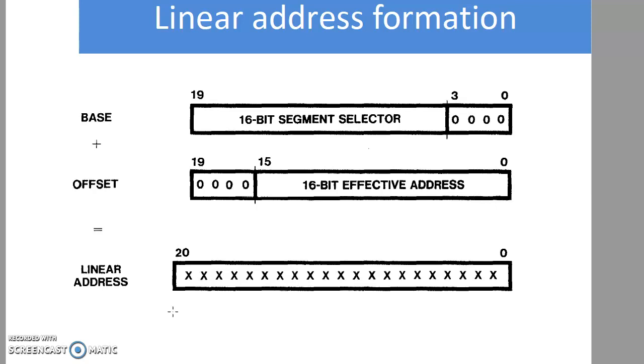As we recall, the base address is appended at the right with 4 bits, whereas the offset is appended on the left with 4 bits, and then the base address and offset are added to get the linear address. This is what we had discussed in the previous session. We'll continue further with the concepts of virtual 8086 mode.